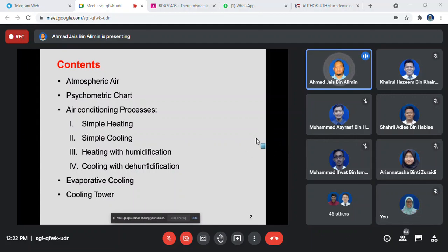And when we talk about air conditioning processes, among the main processes that we consider through the psychrometric chart